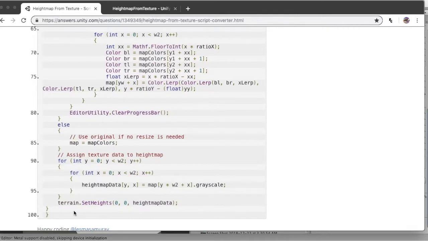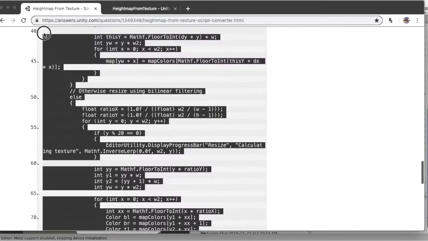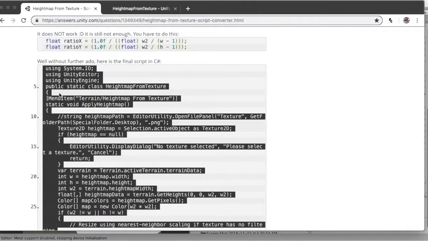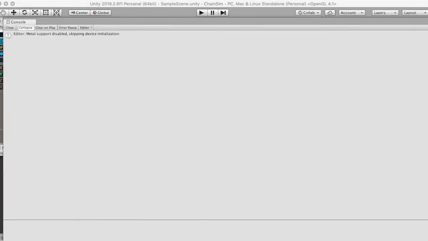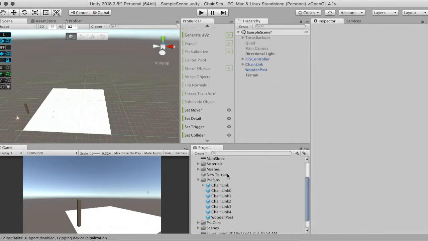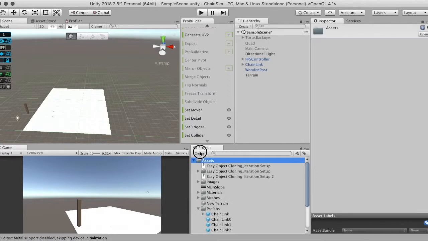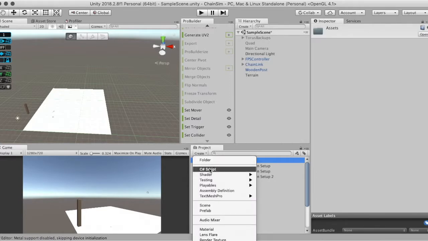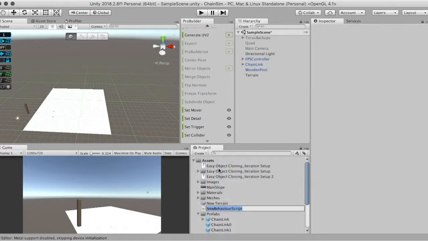This is the script that we're going to use. So first, we're going to select all of it, and then we're going to hold down Command and hit C to copy from it. Now we're going to head back into Unity. Oh, this console thing is opening. It's because I clicked on this footer here. So now, what we're going to do is hit Create, and we're going to choose the C# script option,